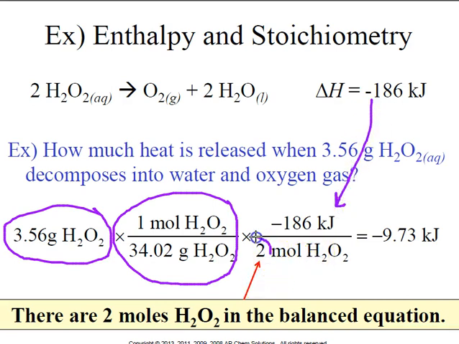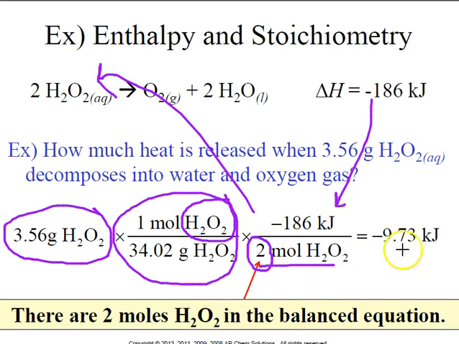The coefficient here depends on what your moles are. We're dealing with moles of hydrogen peroxide right now, so it's per 2 moles of hydrogen peroxide from the balanced equation. And then you do the math and you find that that releases, that's when we have a negative, 9.73